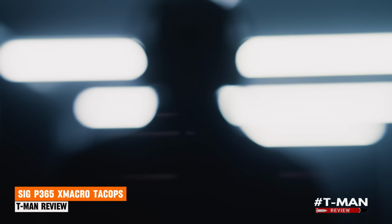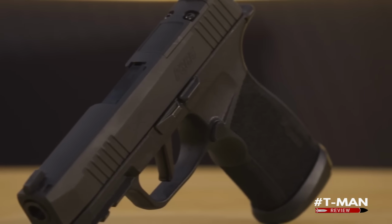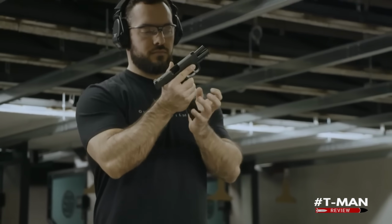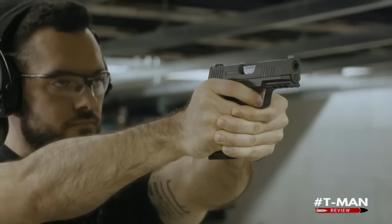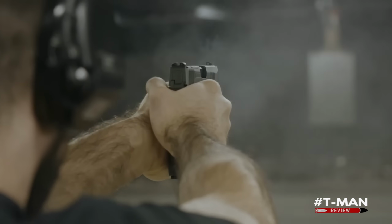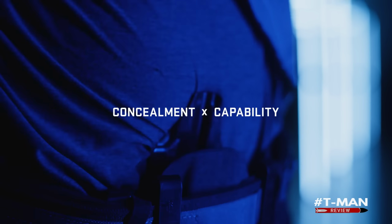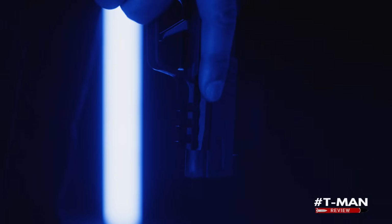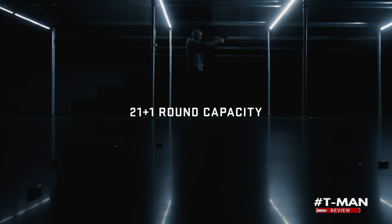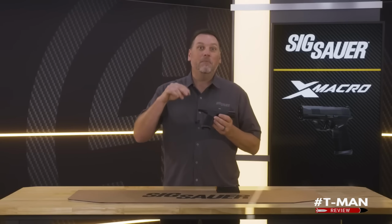If I could fill my entire arsenal with just P365s, I probably would. These micro-compact pistols have taken the concealed carry market by storm ever since the original P365 strutted onto the scene, effectively upping the ante for double-stack micro 9mm pistols. Since its launch, the SIG P365 has pushed other manufacturers to catch up, sparking a revolution in the concealed carry